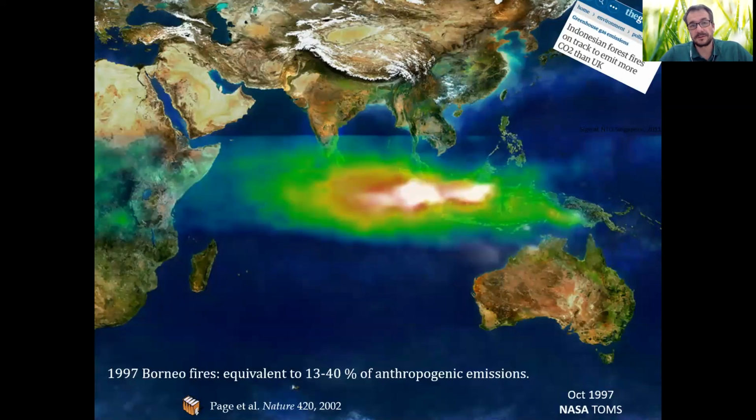One of the worst cases that we have studied as scientists is the 1997 Borneo fires in Indonesia. They lasted for about 2 months. It was a very dry summer. There were very large draining projects in Indonesia at that time, and it led to literally thousands of smoldering fires, some of them burning at the beginning, some in the middle, some in the end.